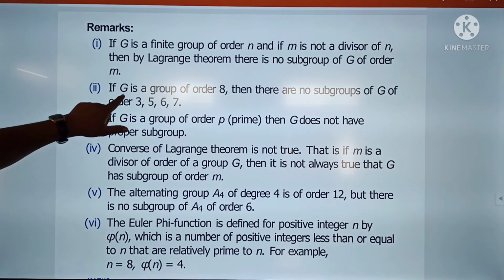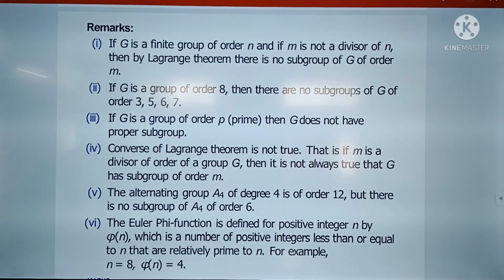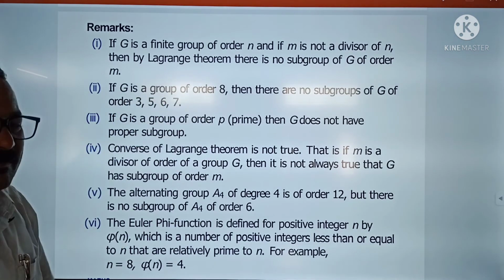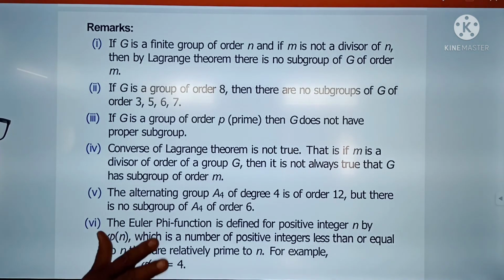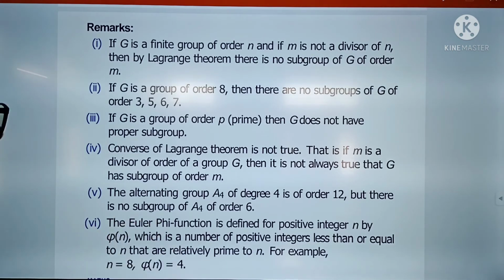If G is a group of order 8, then there are no subgroups of G of order 3, 5, 6, 7. When G is a group of order 8, order means, you know,